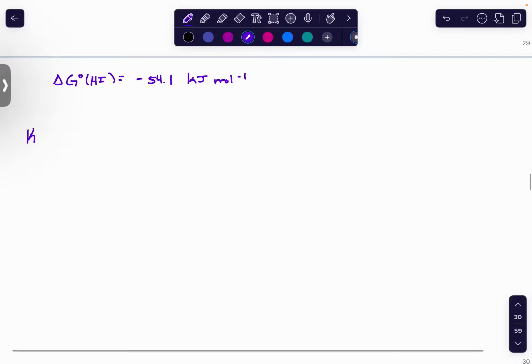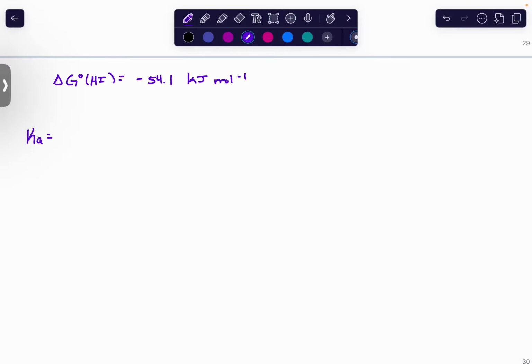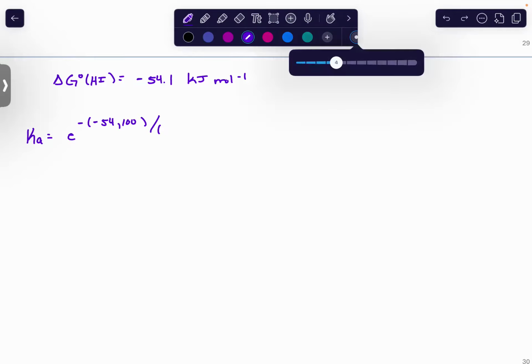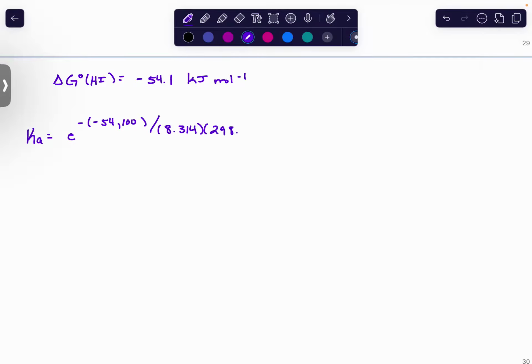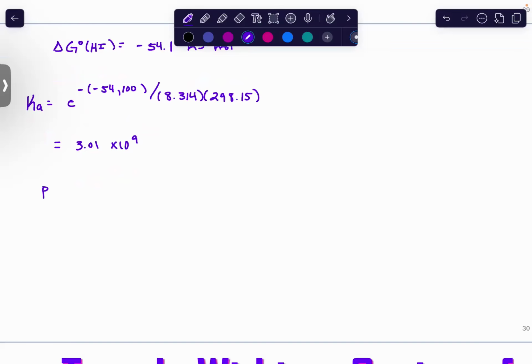All right, so again, our Ka is going to be e to the 54,100 joules per mole over RT. That's still all right. The Ka you calculate here is going to be 3.01 times 10 to the ninth, and the pKa